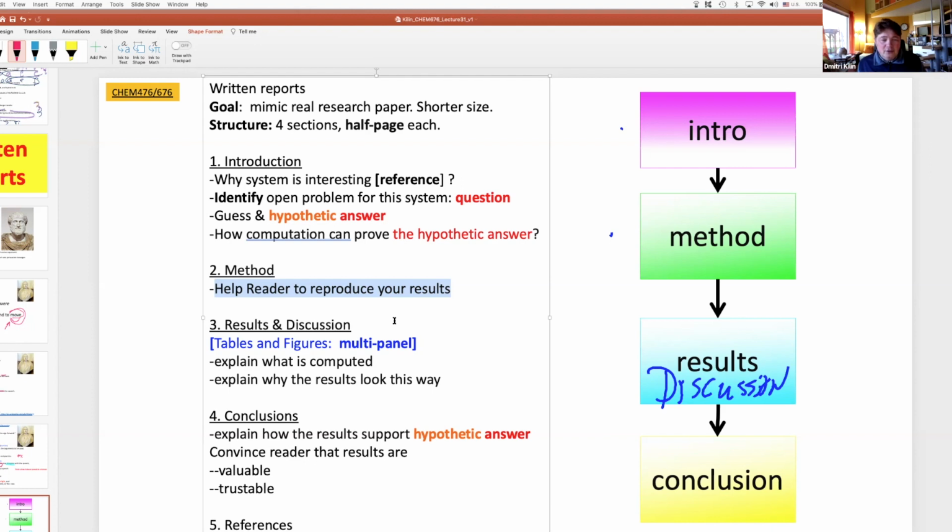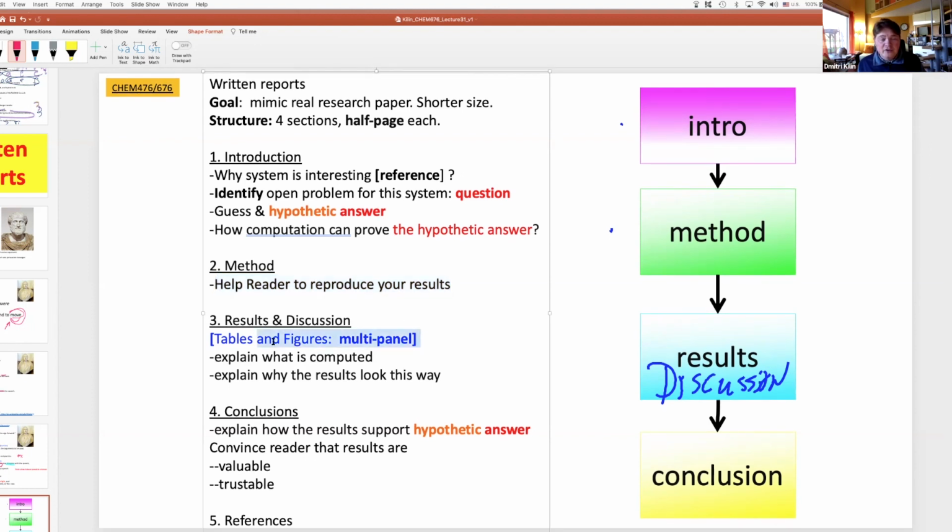Next, results and discussions. Tables and figures ideally should be multi-panel, right? Most of you have already developed so many panels, so many figures that they will immediately take like 20 or 40 pages. Try to select only the brightest, most interesting ones. If there are homogeneous figures of the same nature, for example, several densities of states, one can combine several panels into one super figure, a multi-panel super figure. If you have several absorption lines, you can either put them in a multi-panel figure or